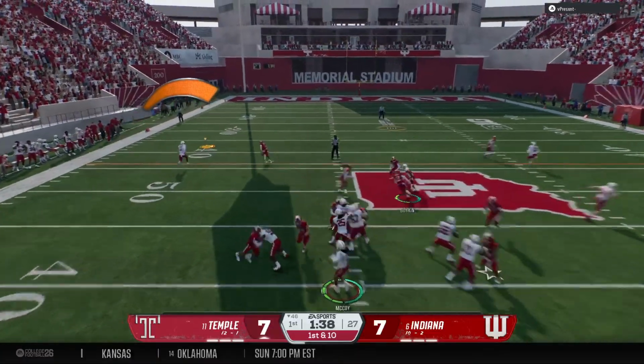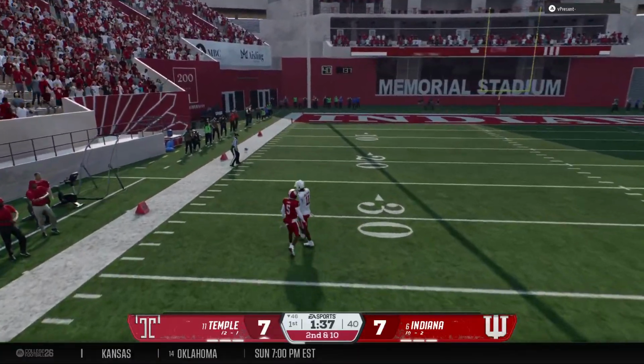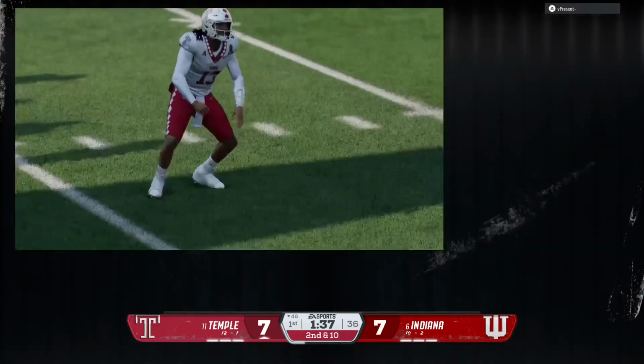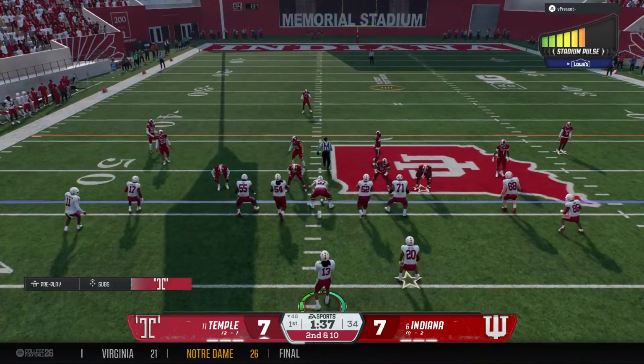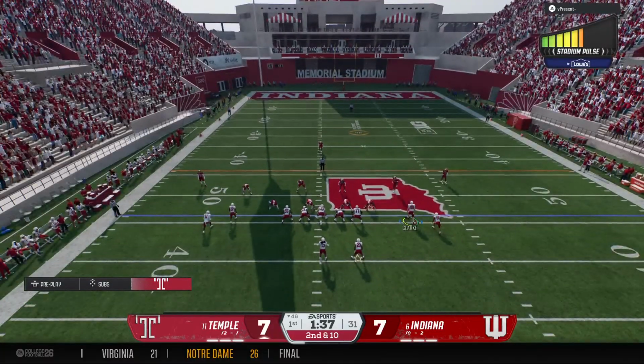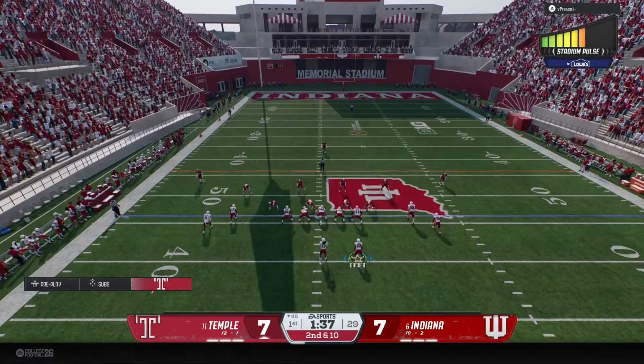Looking to chuck it again. And the senior quarterback puts a little bit too much on the throw. Oh, man, I really like the route here by this wide receiver. Does a nice job of separating, creates some space there. The quarterback, unfortunately, just puts that ball too far out in front of him.